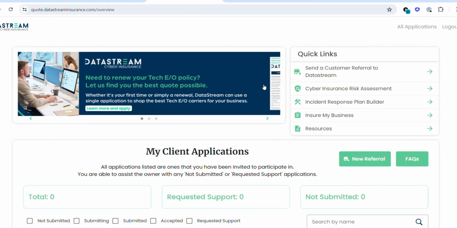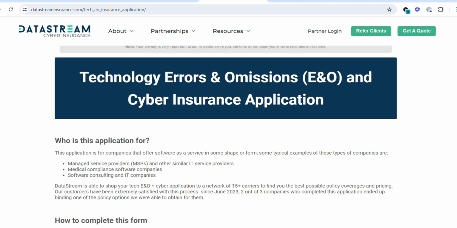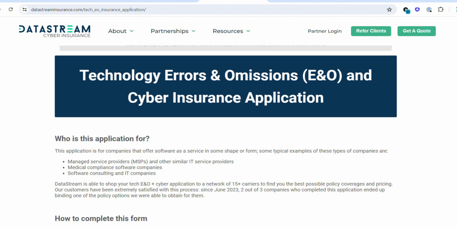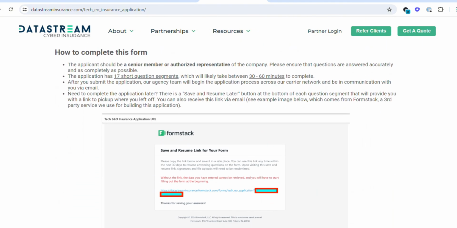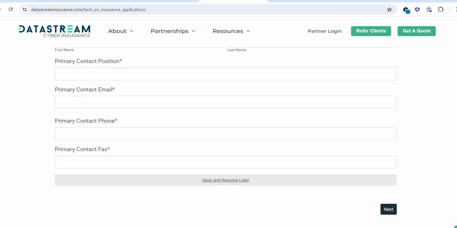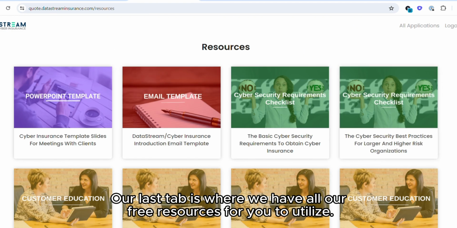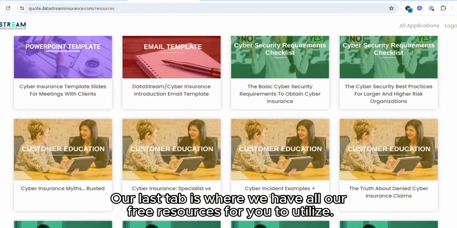Under the Insure My Business tab, we have our free Tech E&O application. DataStream is able to shop your Tech E&O application to a network of 15+ carriers to find you the best coverage and pricing. Lastly, our Resources tab is full of free digital material, all for you to utilize for